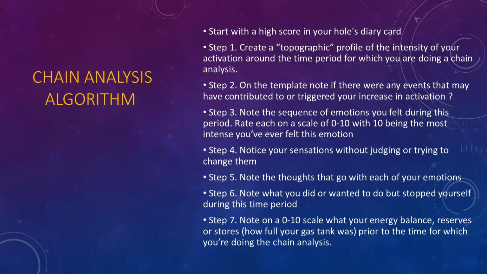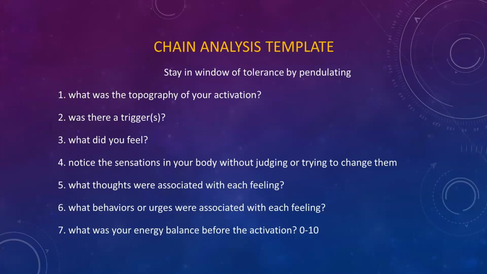Sam was intrigued and wanted to explore why she became so irritated by her partners. She decided to do a chain analysis. Sam realized that when she was working on finding intermediate targets, she had already explored parts of the chain analysis. She started by reviewing the chain analysis algorithm. The topography of Sam's activation was clear from her diary card numbers, which we talked about earlier. She had also explored the event that triggered her, getting home to a fuming Steve, and the feelings she had experienced: irritation and frustration at first, but later guilt, loneliness, and sadness.